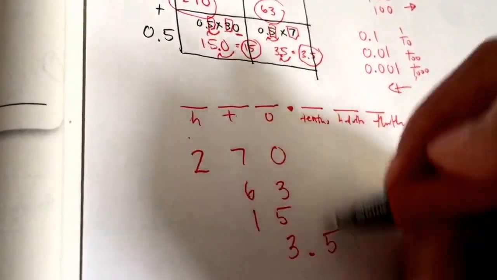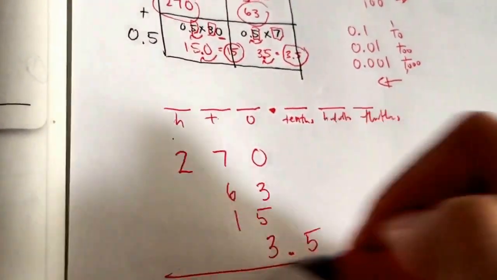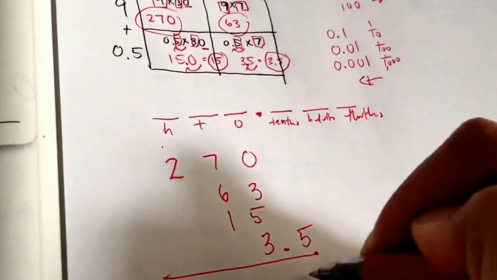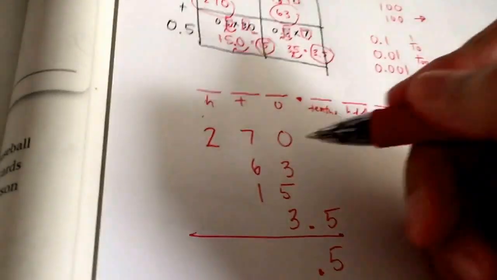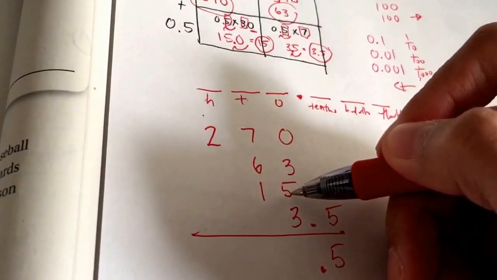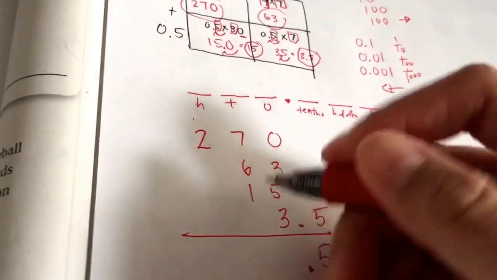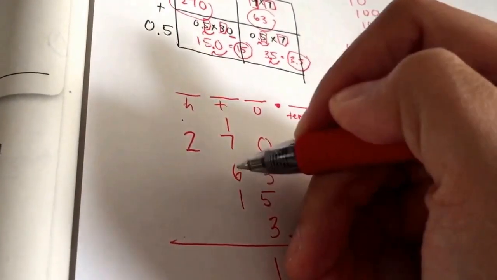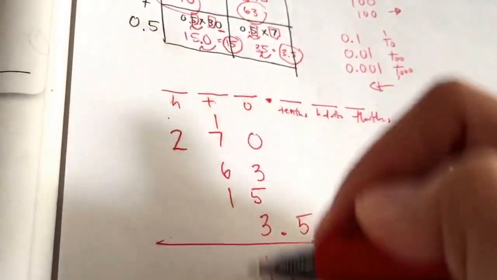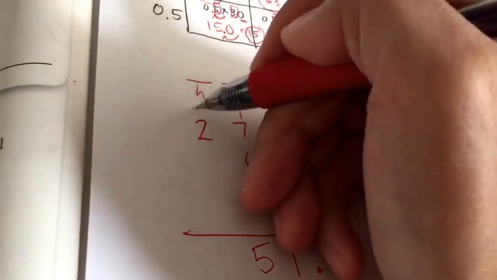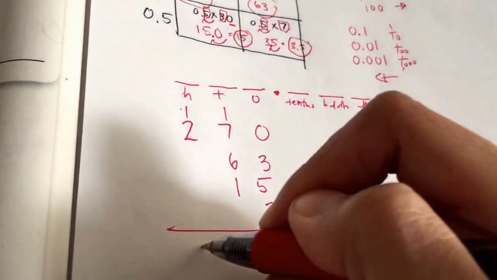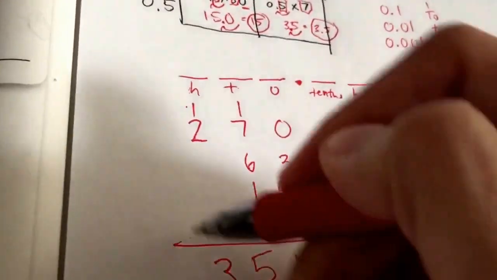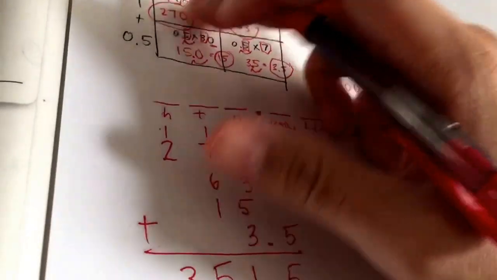Where I'm going to add all the tenths. There's only one of them in the tenths place, which makes it 5/10. You're going to add up all the ones. 5, 6, 7, 8, 9, 10, 11. 7, 8, 9, 10, 11, 12, 13, 14, 15. 2, 3. So the most important thing that you have to do is make sure when you're adding these 4